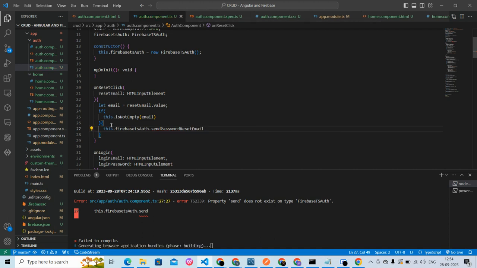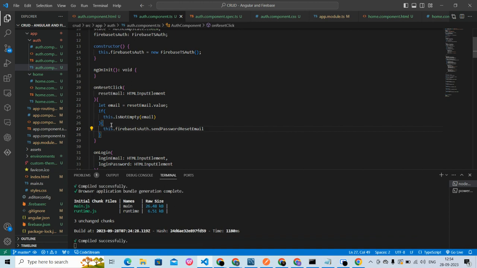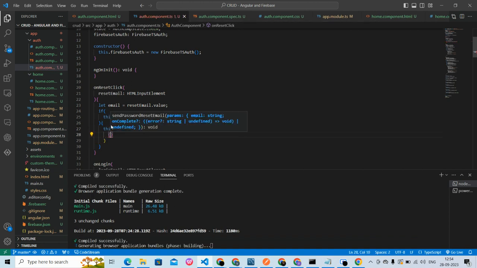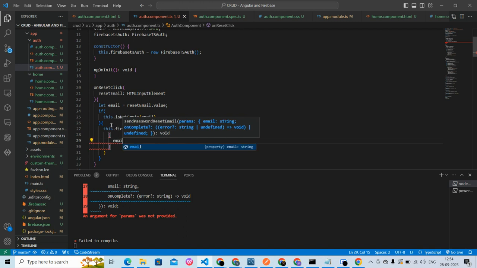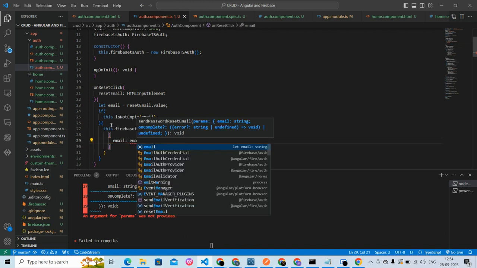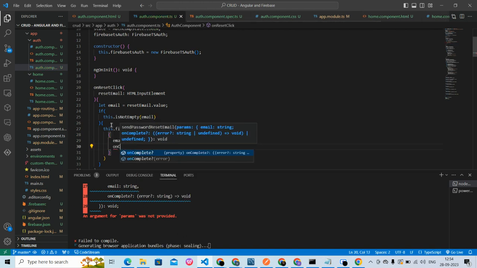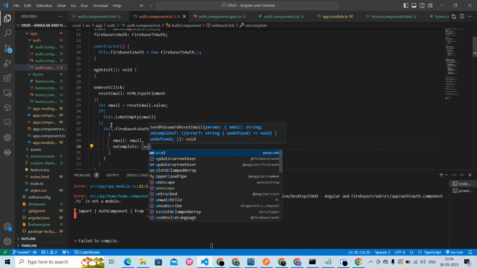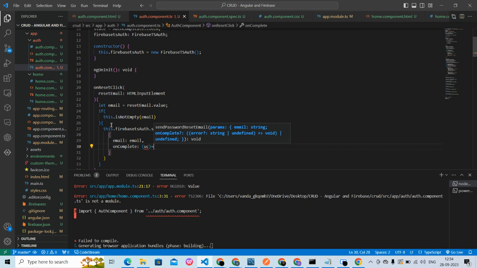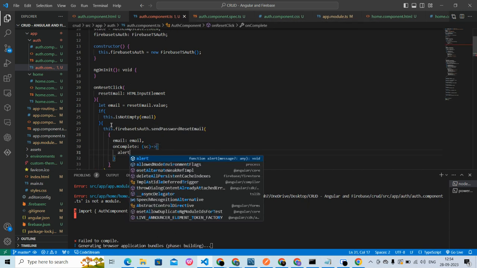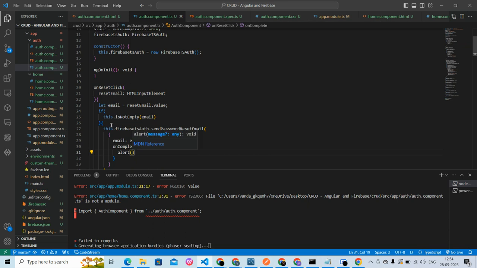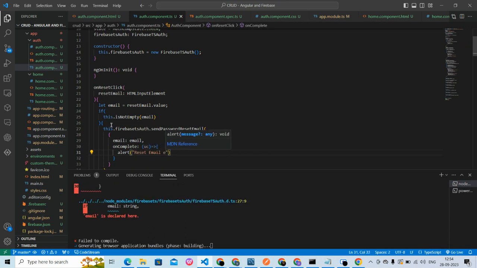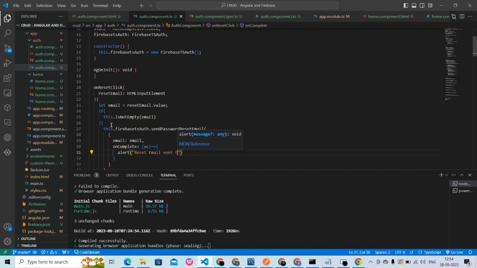That is the inbuilt function which we have. So in that send password reset email, you are using the email, and on complete you are sending the alert message. If everything is done, you are sending an alert message as reset email sent to